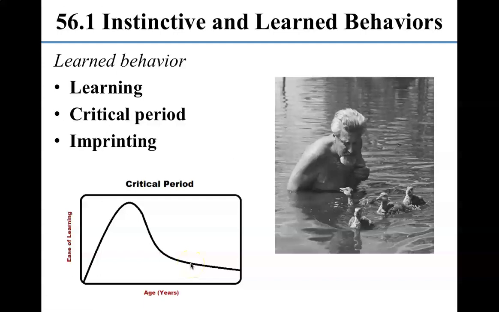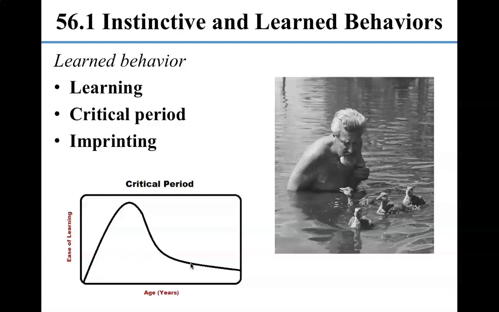Or maybe you've heard that human kids can learn a language really quickly if they take language classes or are exposed to another language when they're young, but it's harder to pick up a language when you're old. It's the same thing. Imprinting is basically when learning happens in that critical period. A famous example of this is when ducks and geese first hatch. They have a critical period early on where they can imprint.